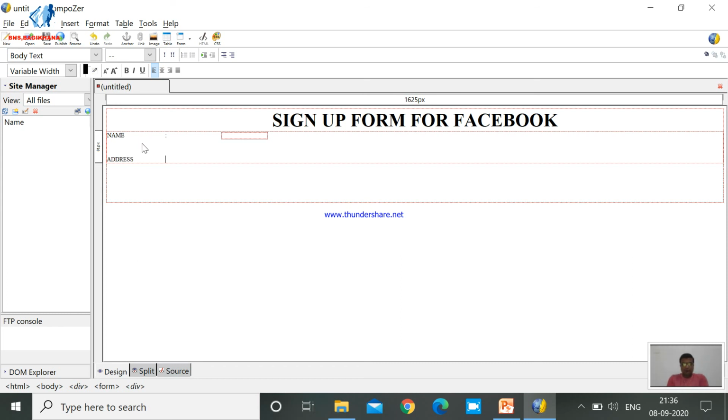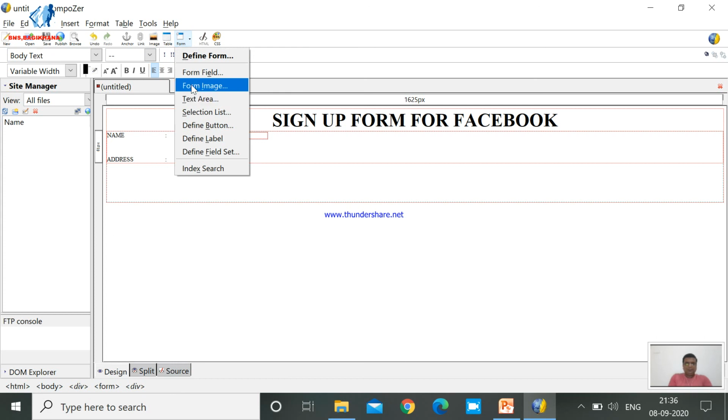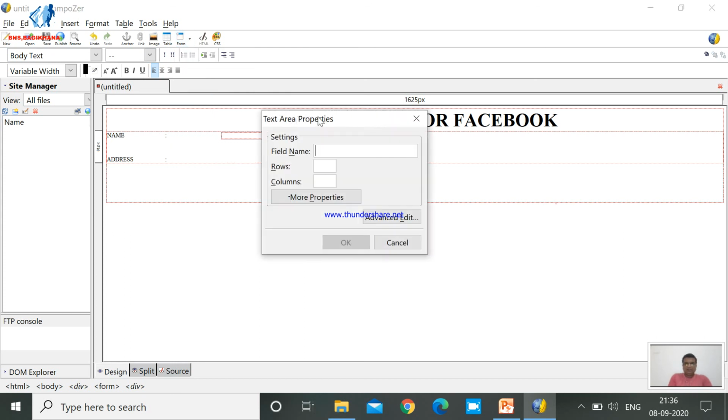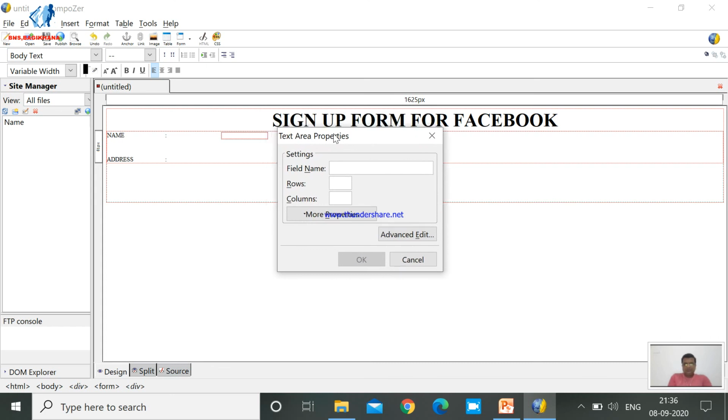Friends, you know that we can enter our name in a single line, but whenever we're talking about address, it is not possible to enter the address in a single line. So for that, we have one new input element, and the name is text area, in which you can assign the number of rows and number of columns as per your requirement.